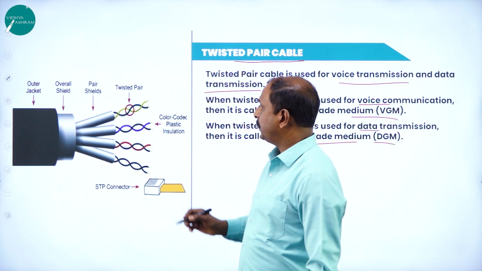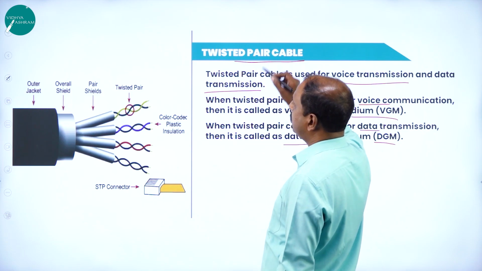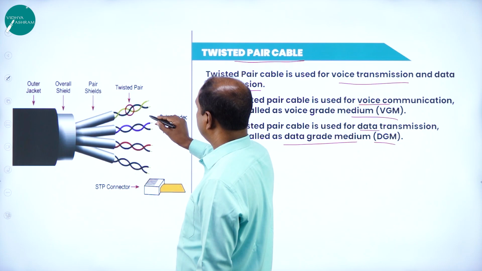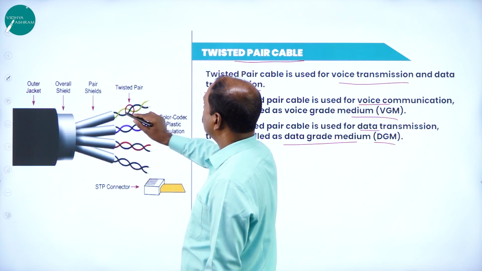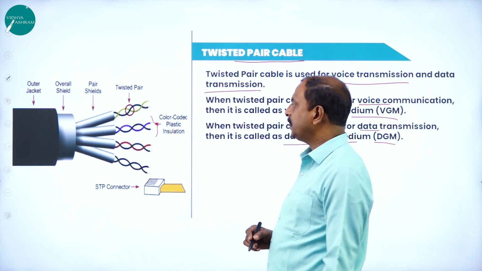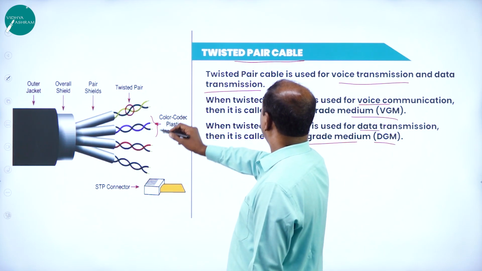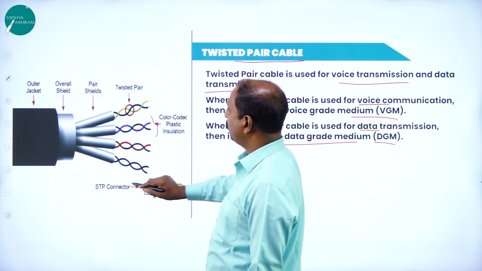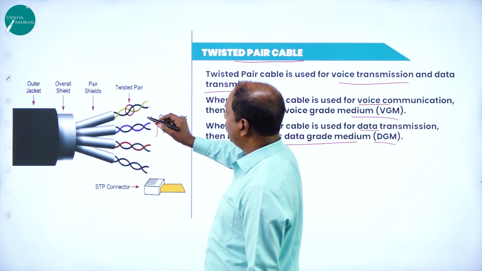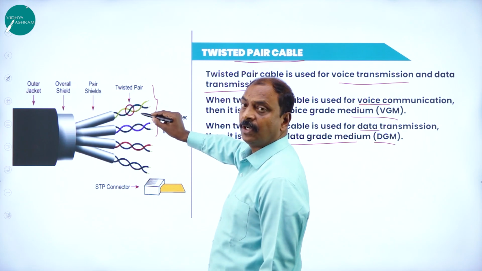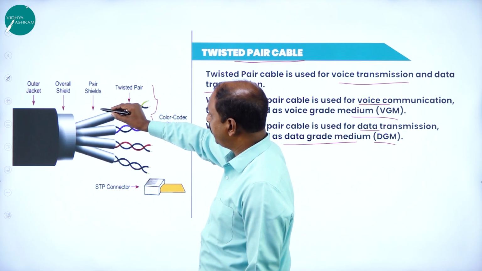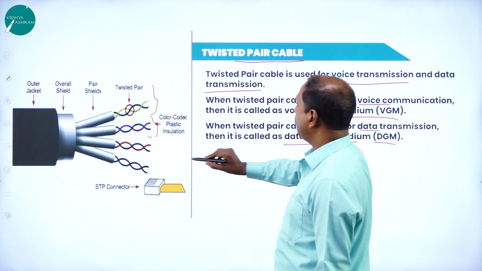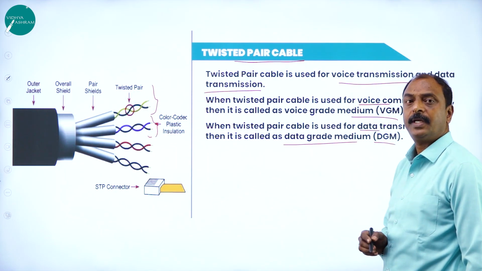Now look at the picture of this. So here, twisted pair of cables. If you look at this, these are the normal cables, and these are twisted. These are twisted pair cables, and this is another type of cable called STP. There is a shielded twisted pair cable, and here the individual pairs are shielded. Again, you have one more shield and an outer jacket here. So this is STP, one type of twisted pair cable.